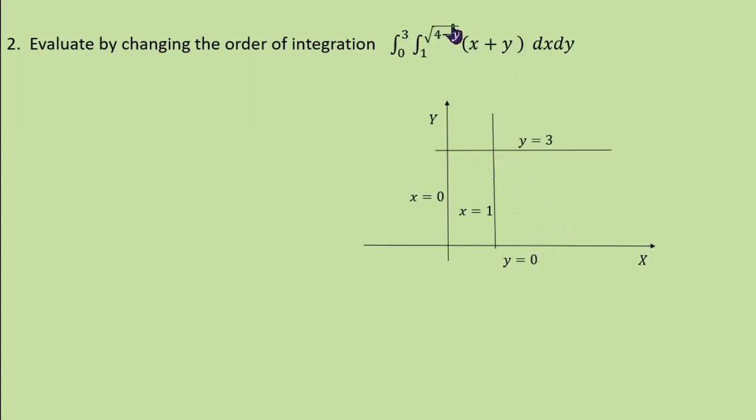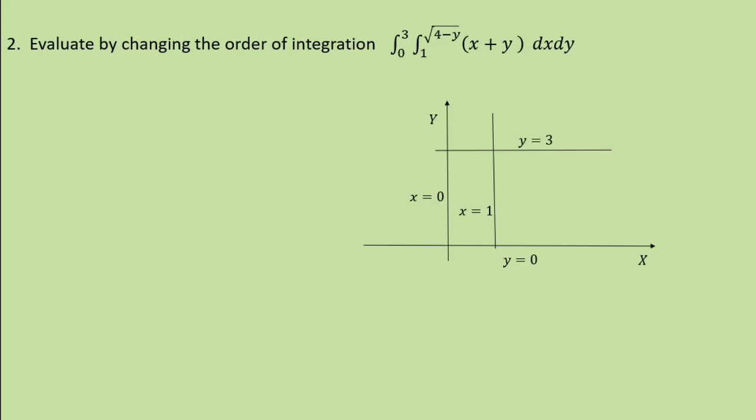Or x equal to root 4 minus y means x square is 4 minus y, or you can write x square is minus of y minus 4. Since x square equal to 4ay is a parabola that opens upwards, here with the minus sign, it opens downwards.